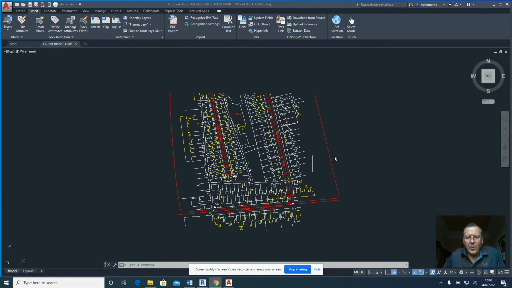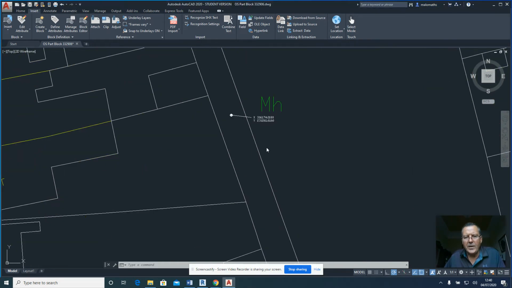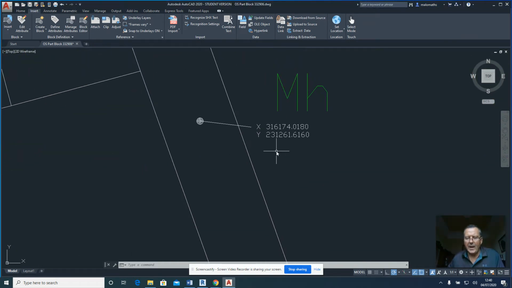Now, your OS map, when you purchase it from the OS, will come in DWG format, and it is important to check a few things before we get started, before we import this into Revit. Okay, so it is worth noting that the OS map will come geolocated. So if you don't move it on the screen within AutoCAD or do anything else with it, leave it as